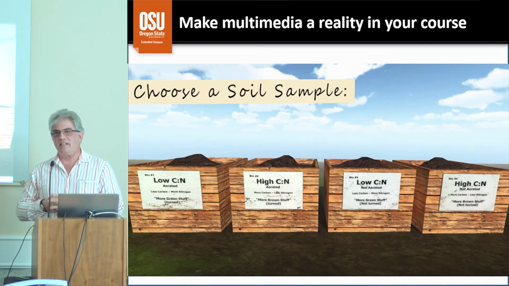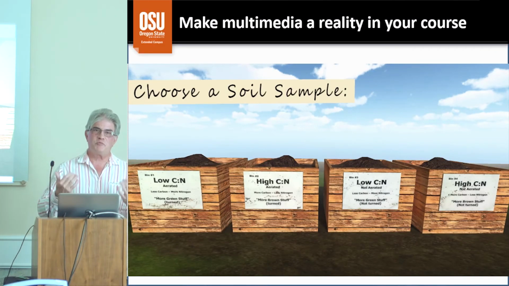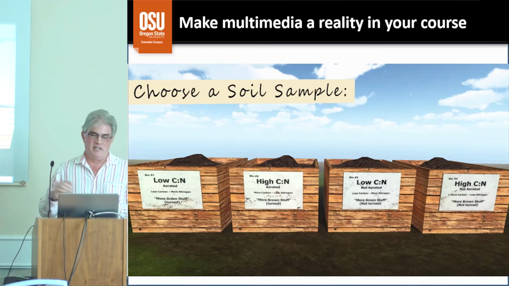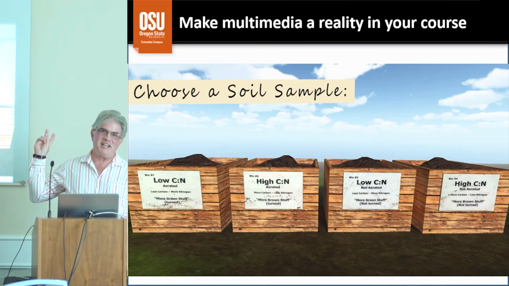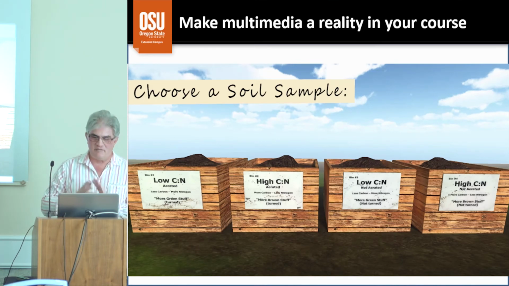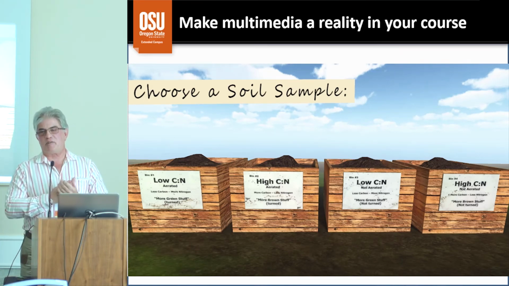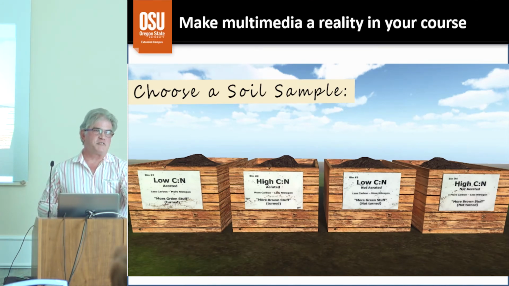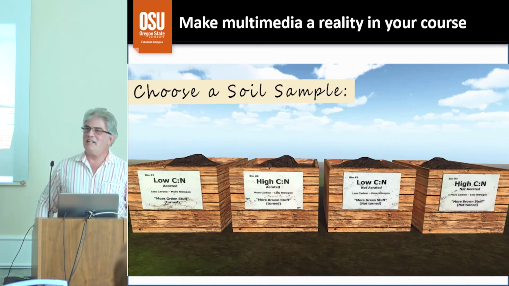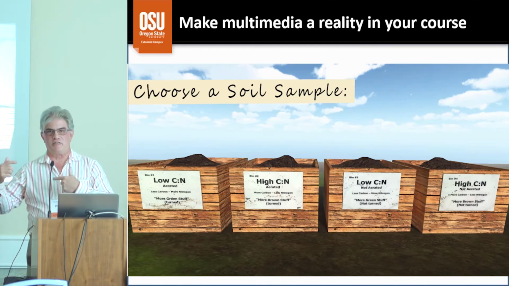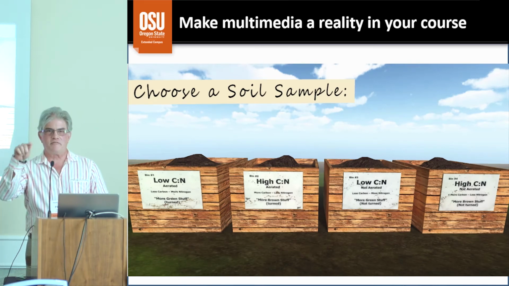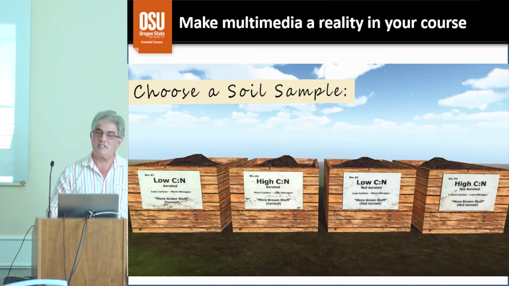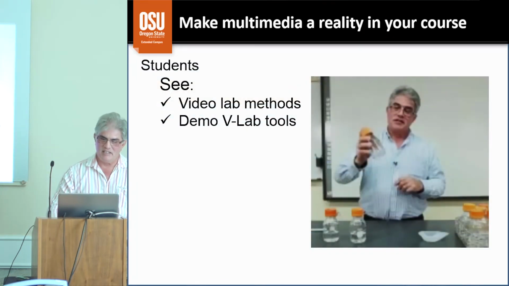The project actually started as a live project, which we did on campus with the soils folks, where they had 4 compost bins out, and these compost bins involved having a 2x2 experimental design where they enriched 2 out of 4 bins with nitrogen-rich materials, and then 2 out of the 4 bins were turned over or aerated regularly, so that there were 4 different types of compost to test. So when a student goes into this virtual lab, they get to pick which one of these compost bins they're going to sample and study.